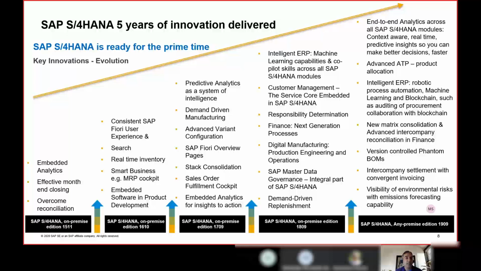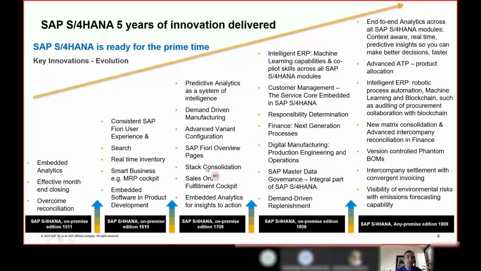Another example is the embedded warehouse management, which was delivered in the past, but subsequently innovations have happened in every release on the extended warehouse management itself, sorry. That means incrementally we are also delivering innovation on topics delivered in previous releases, so as to make them more comprehensive, more competitive, and more efficient as we progress.